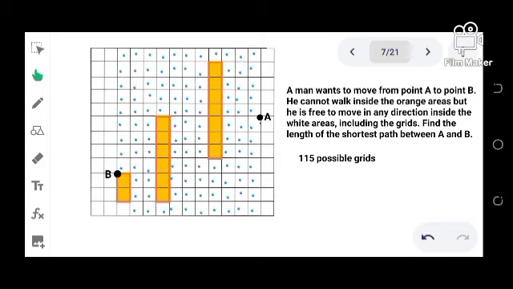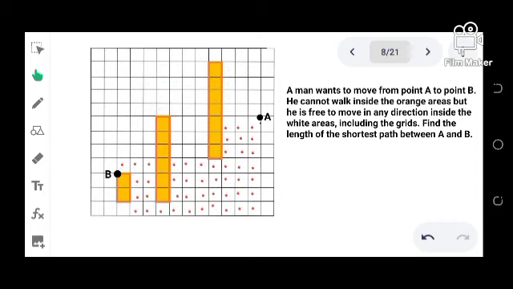Now, should the man decide to move down, by the same analysis we used previously, we can see that these grids dotted in red are the possible grids where the man could pass. And if we count them, there are 47 possible grids. Comparing the number of grids, we can tell that the shortest path lies along the downward route. So let us focus here,